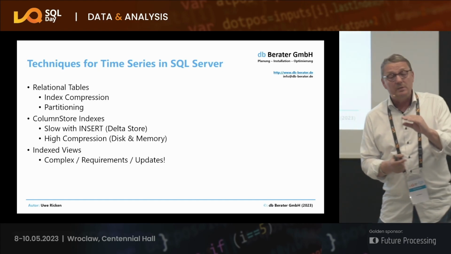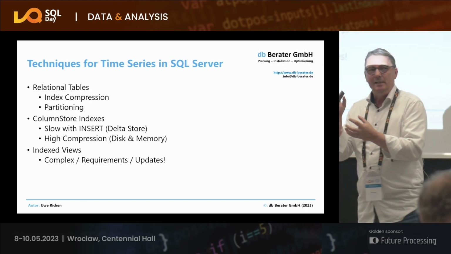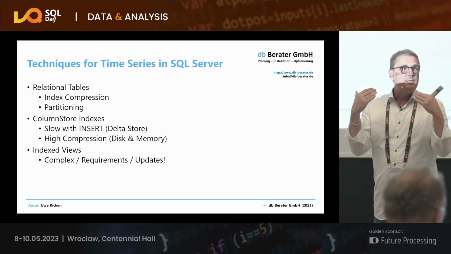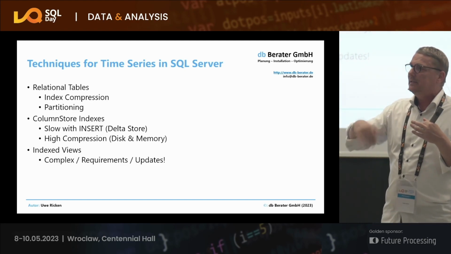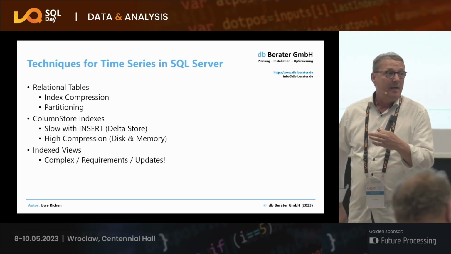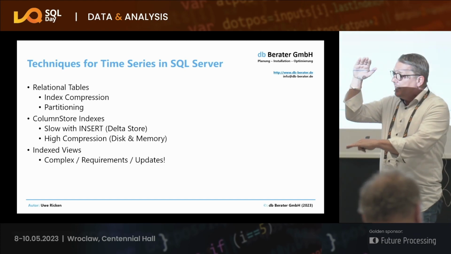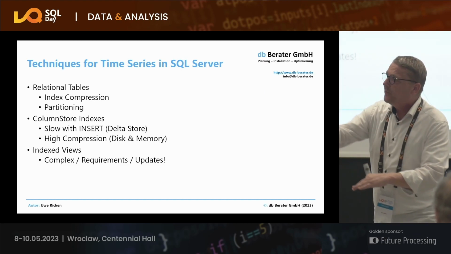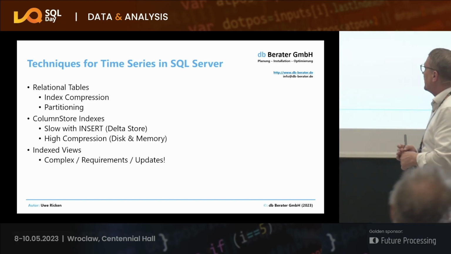Or if you want to do that because you need the space, you can do that with a little trick. What I'm doing then is I create a so-called in-memory table. I'm pushing all the data into the in-memory table. It's lock-free. It's incredibly fast. And when I have a number of rows which I can immediately put into a compressed row group, then I'm pushing the data into the column store. That is one technique you can use.